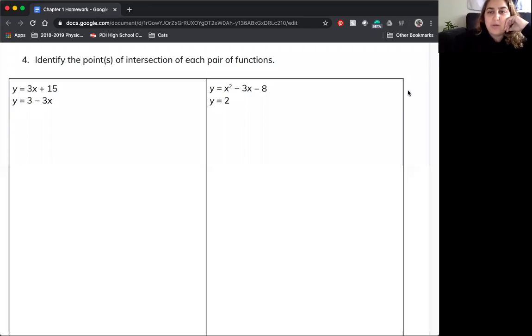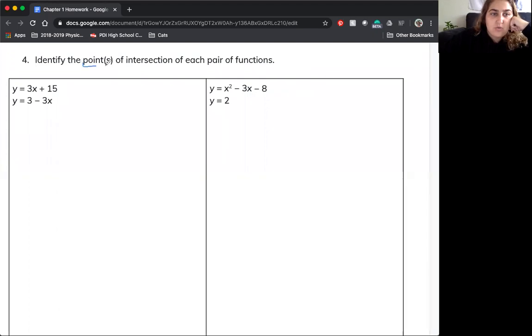When we talk about points of intersection, what that's really saying is that when these two things, it could be a line and a parabola, it could be two lines, it could be two parabolas, it could be any two functions, when those two functions meet at the same point, so when they are equal to each other. So when you see point of intersection,